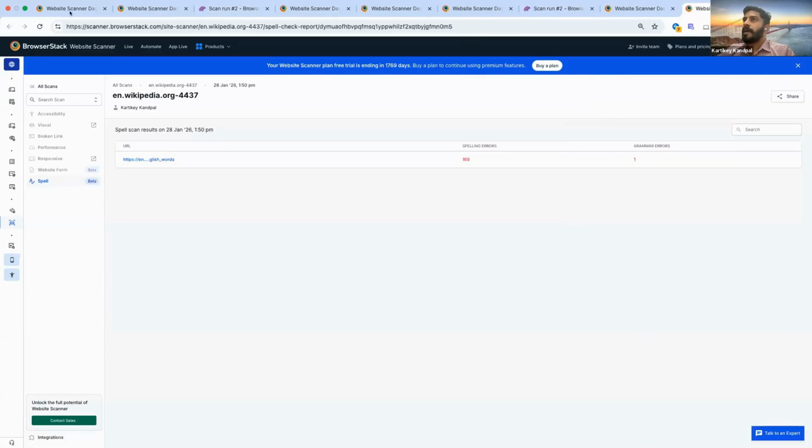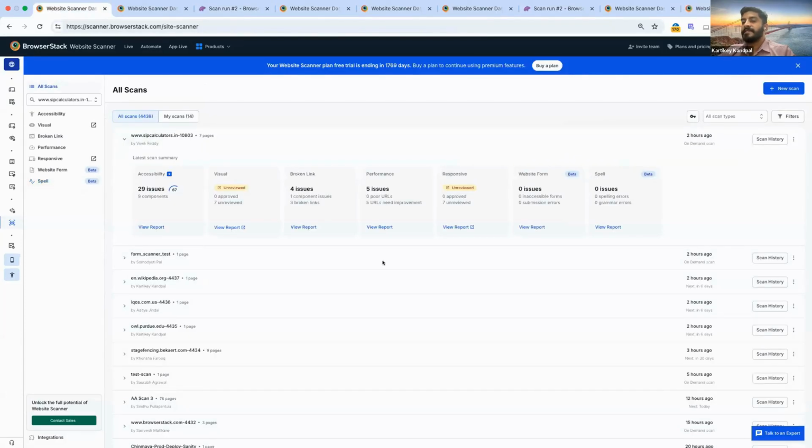Now I want to come back and show you some of the settings. This was basically how you set up your scan, how you view reports, understand issues. But I also wanted to briefly talk about the advanced capabilities that we have as part of this